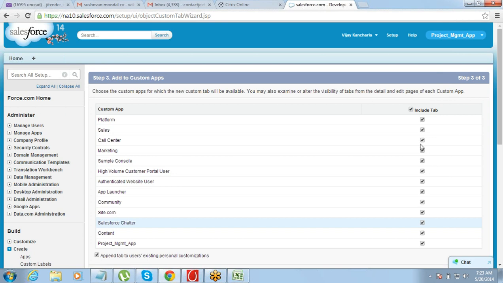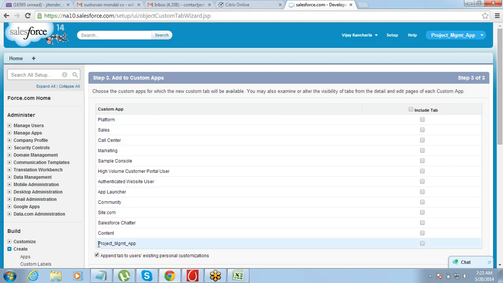Okay. Now while you're creating a tab, while we were creating an app, at that point of time, what did it ask us? It asked that which all tabs you want to include into that app. Now what is it asking? It is saying the tab that you are creating, you want to include this tab into which all apps. So I say I don't want this tab under any of the apps.